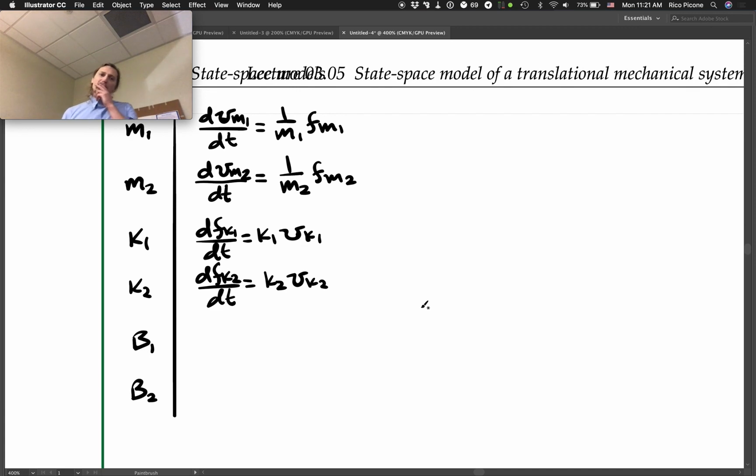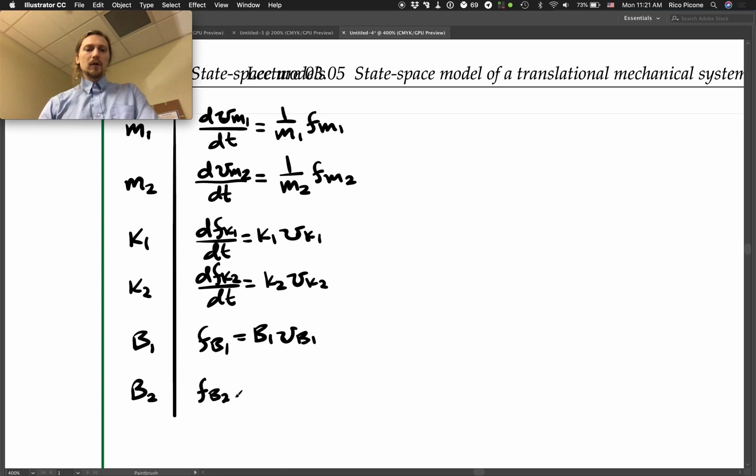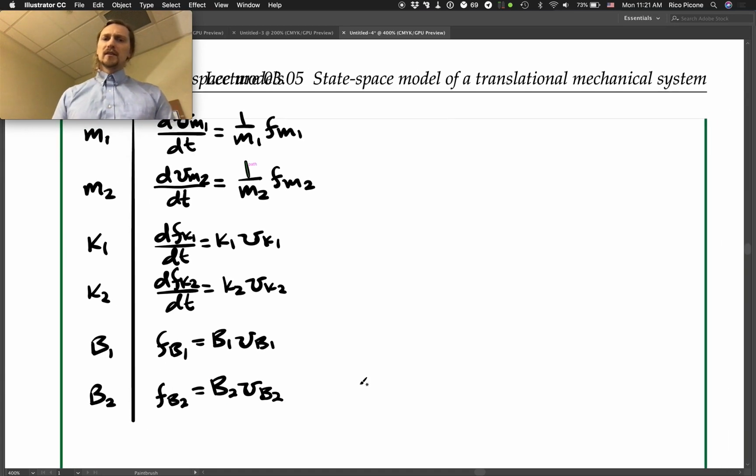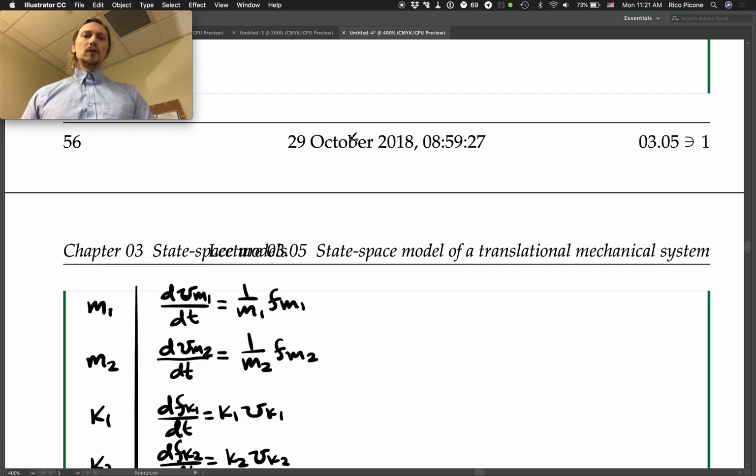For the dampers, we just have the force through the damper being proportional to the velocity across the damper with constant of proportionality B1. And it's the same for B2. Awesome. So we've got our elemental equations. So we don't have to scroll quite as much. Let's do